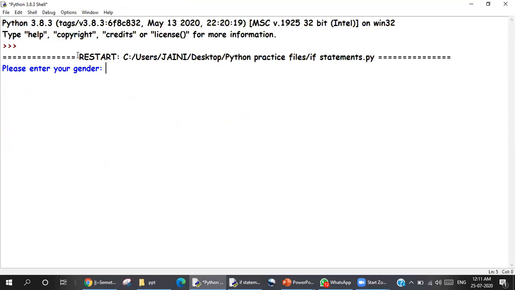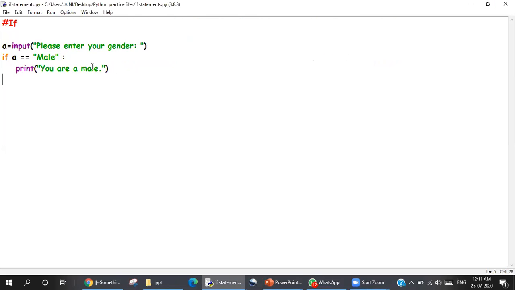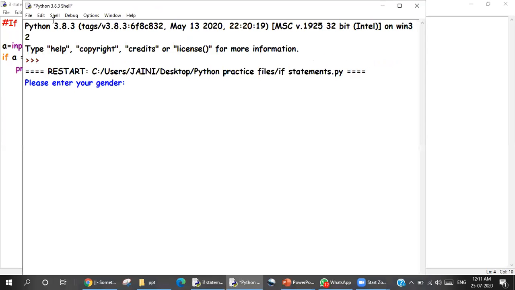Please enter your gender. So I said male. Nothing happened. Why? Because when I said male, when I was checking for male over here, my M was capital. Let's make it small. Save, run module, enter your gender male. You are a male. Now,